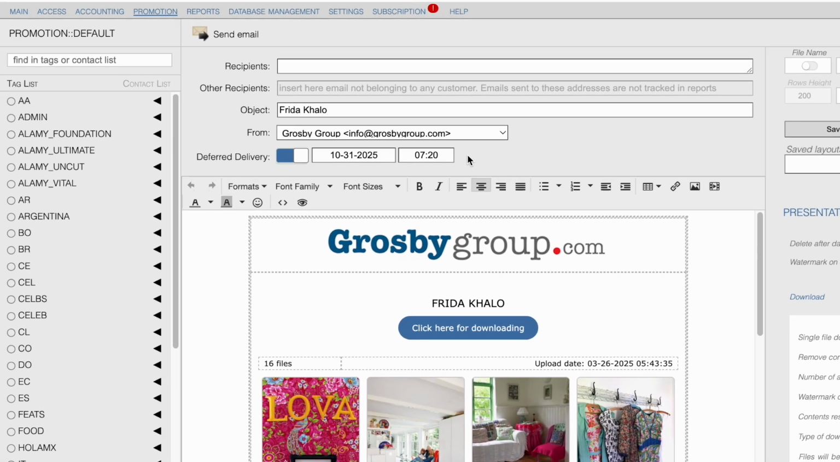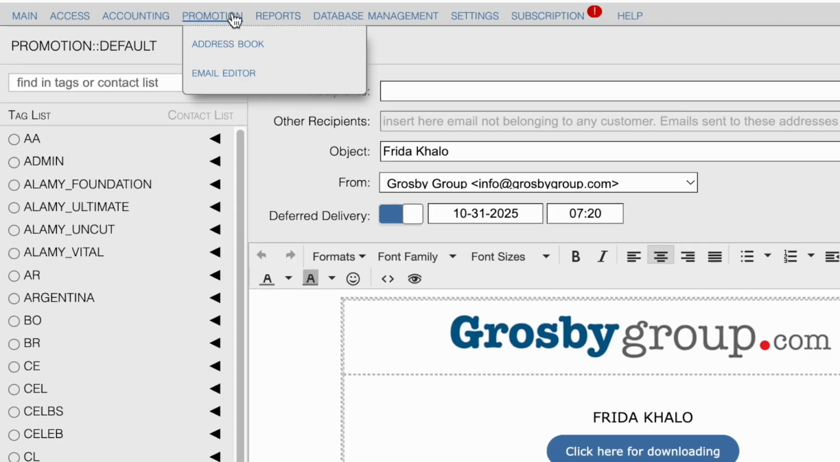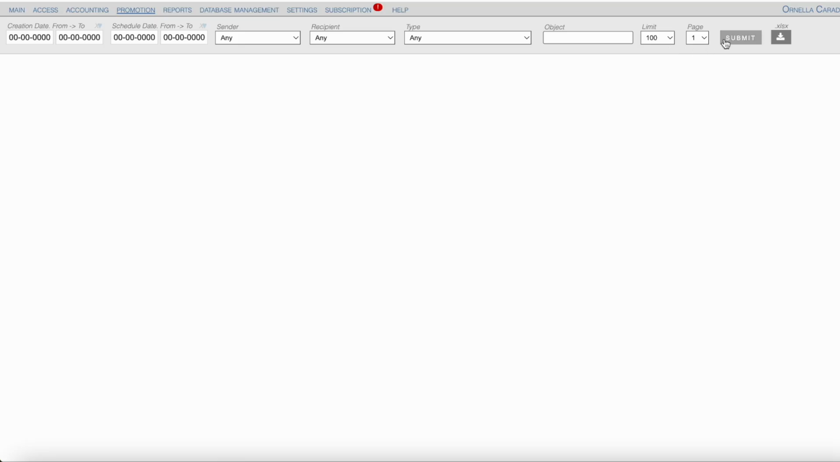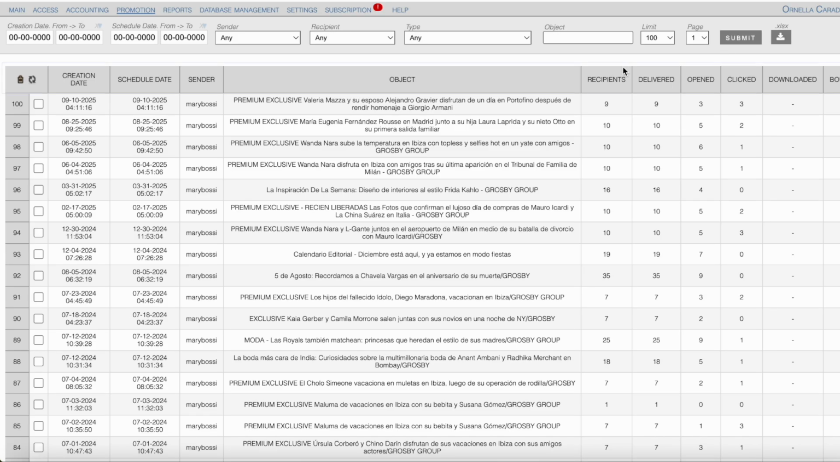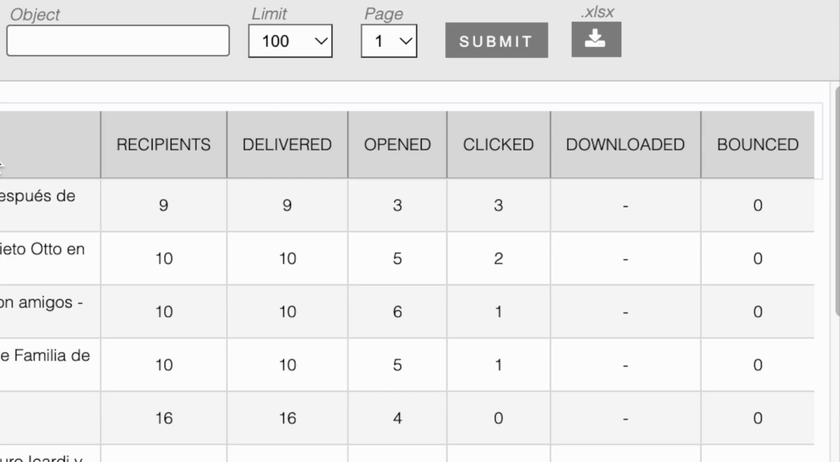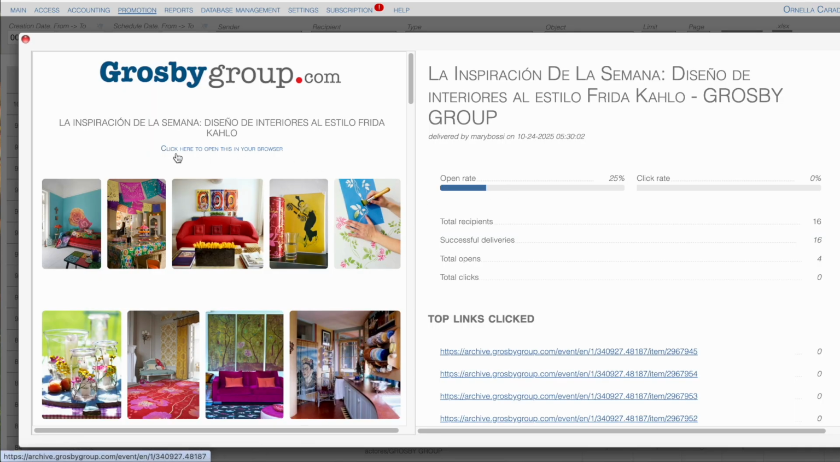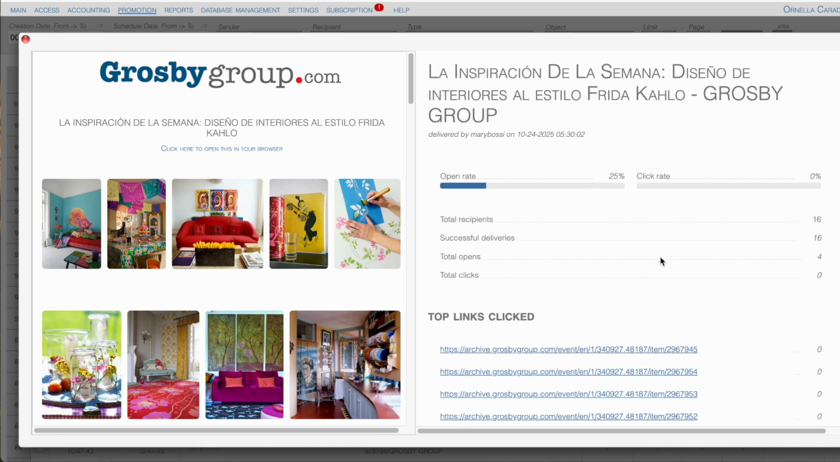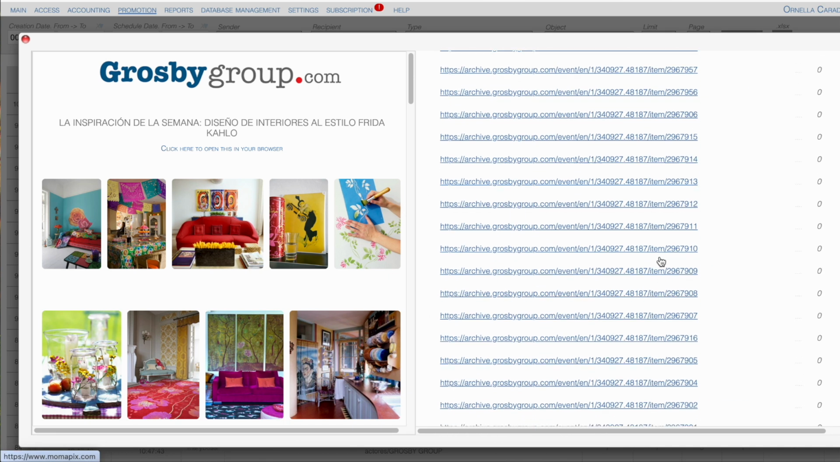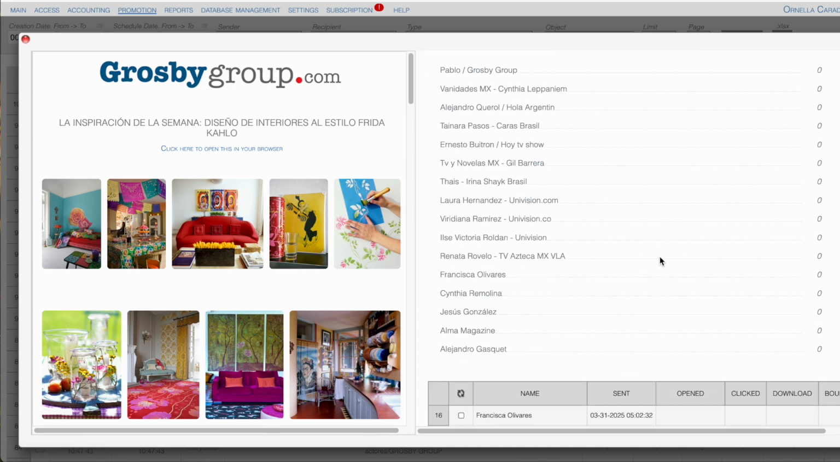And once the campaign has been sent, I can measure its effectiveness directly from the reports. Here I find the list of all the newsletters sent, with an overview of the number of recipients, opens, clicks, and the delivery status of emails that were sent or bounced. By selecting a newsletter, I can view its content and delve deeper into the data. Open rate, click rate, the most clicked links, the most active users, and even the exact time of sending, opening,